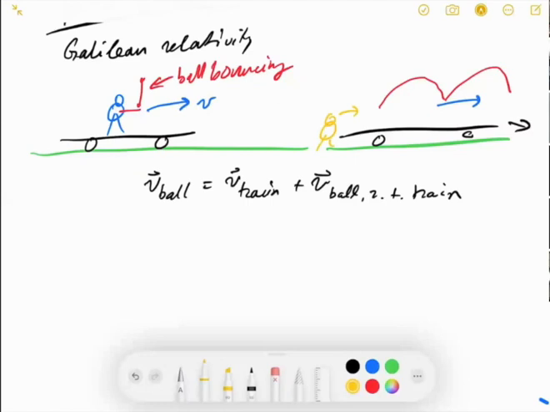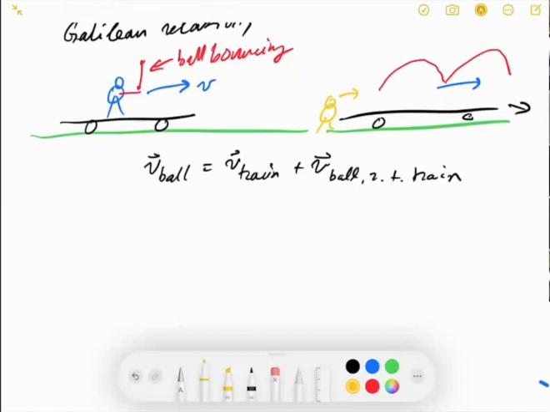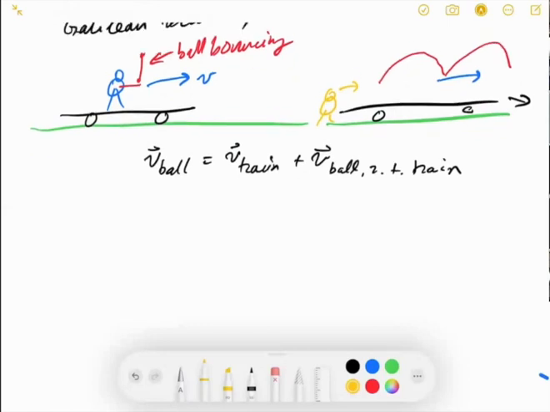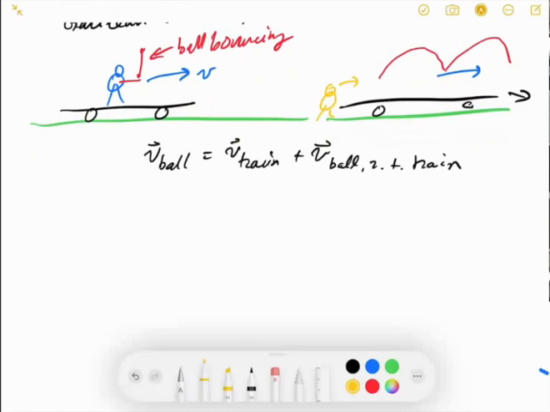The ball is obviously moving at a higher speed because the speed that I threw the ball with is relative to the train. So then afterwards, if you want to know the speed of the ball in relation to the tracks, you just add those two speeds together, and then things should work out. Okay, so this works really well when speeds are low, as you all know, but this stuff kind of breaks down